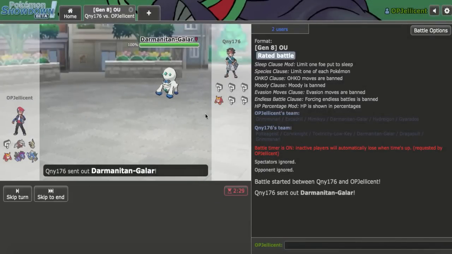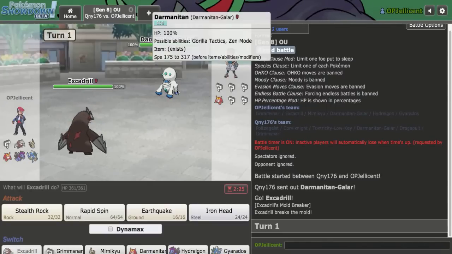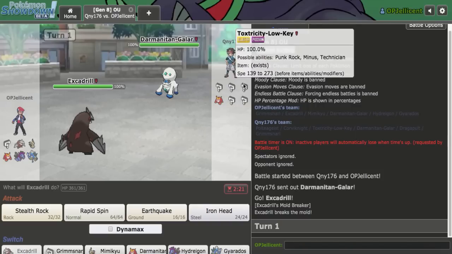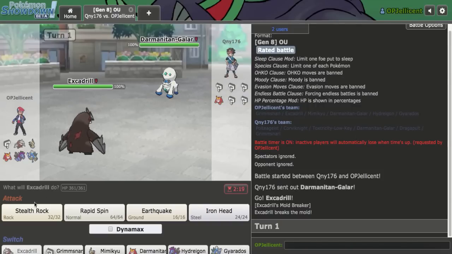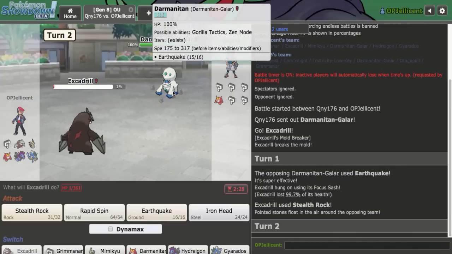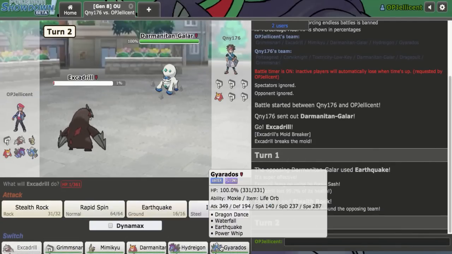I'm curious as to whether theirs is dual screens. I don't think it is, but you never know. They lead off with the Galarian Darmanitan. This is only bad if I get flinched. I think they're going to go for U-turn though, probably into Corviknight, so I'm going to get up rocks. Oh no, they just Earthquake, so I could have just knocked them out, but it's not the end of the world, I guess. What I can do now is just go out into...